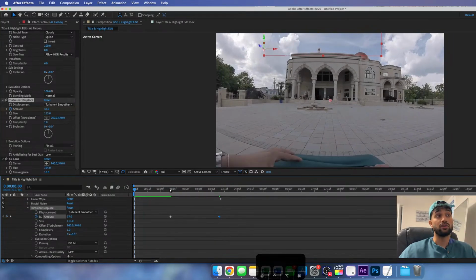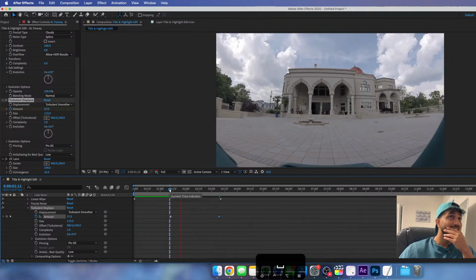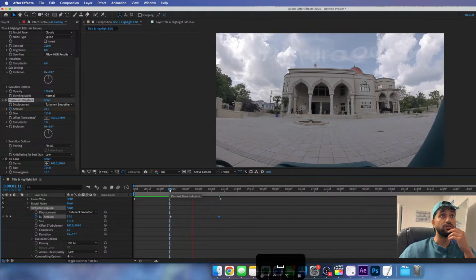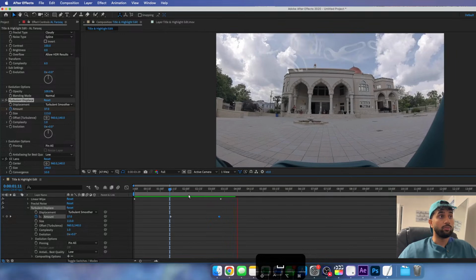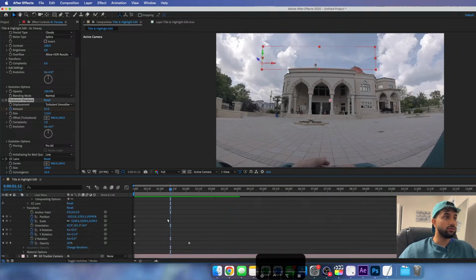That's kind of sick, guys. It's like a cloud and it kind of just goes away. But what we also need to do is get the opacity lower as well by the time. So if you come down to opacity,